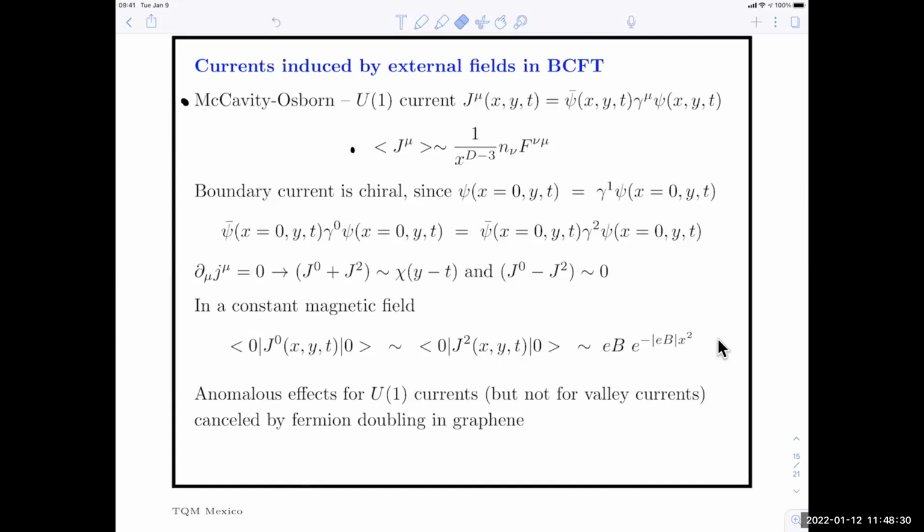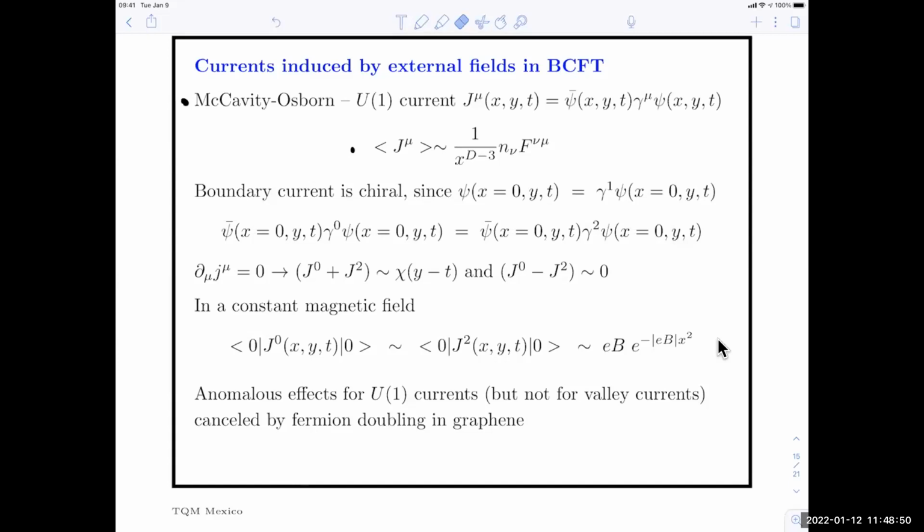Well, if you look at the formula carefully, actually, there's a coefficient that I didn't write here. And that coefficient actually diverges at d equals 3. So there's also a singularity there, which should be subtracted. And you can subtract it. You can renormalize by adding a Siegel counter term to the current.